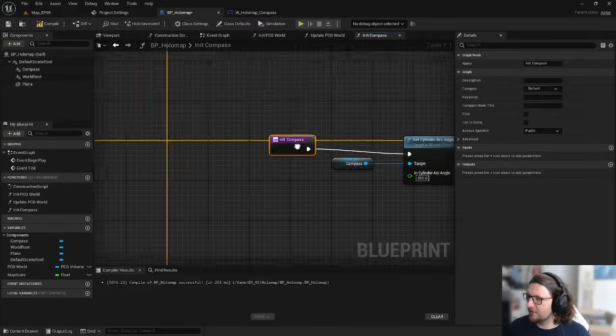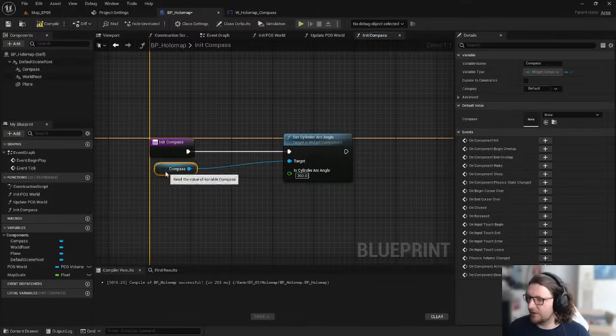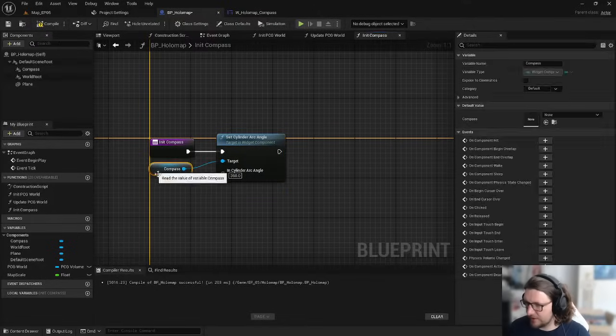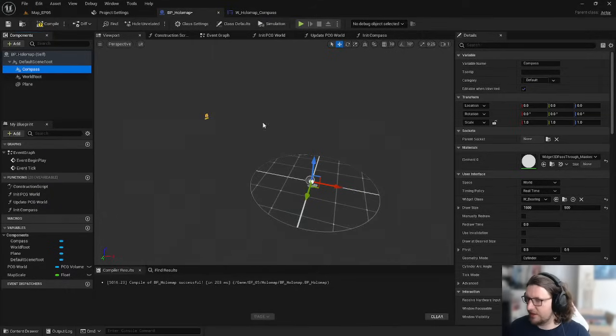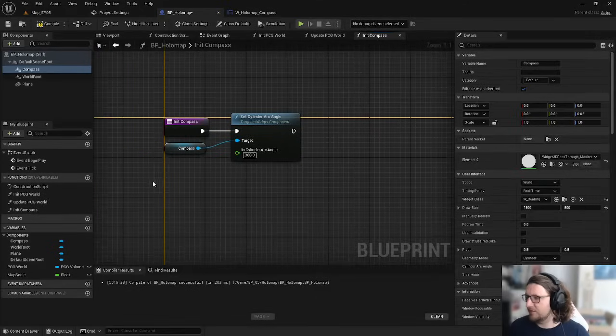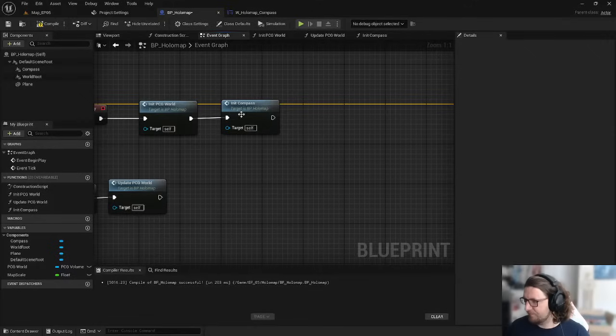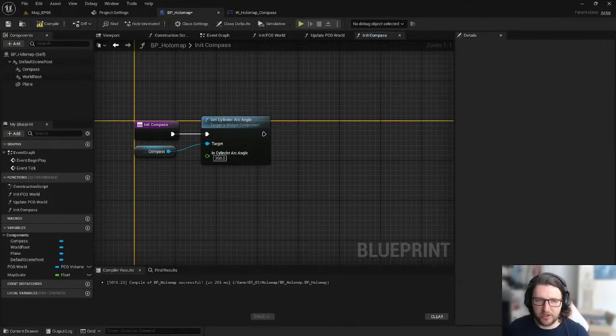So one of the things that we need to do in order to render our UMG on a complete circle is actually be capable of telling this widget component that we created to actually be a circle. But you can't just plug in 360 degrees into here because it's clamped, but you can do it by hand. So we do that by hand in our init compass here. And then apparently I have a relative location offset, which is based on the draw size. And so if I go and just take a look at this quickly, we've got,